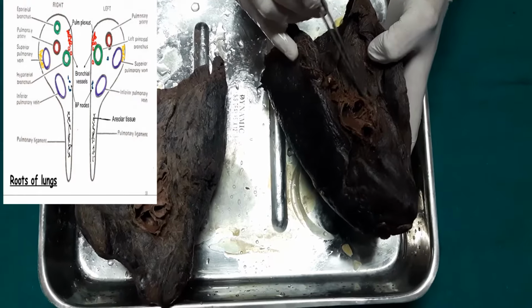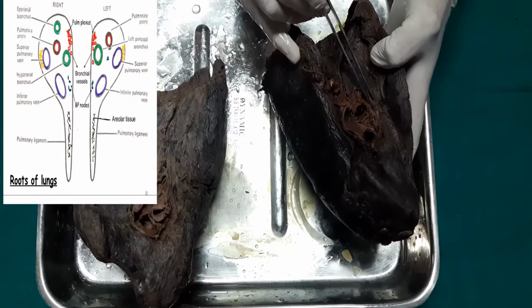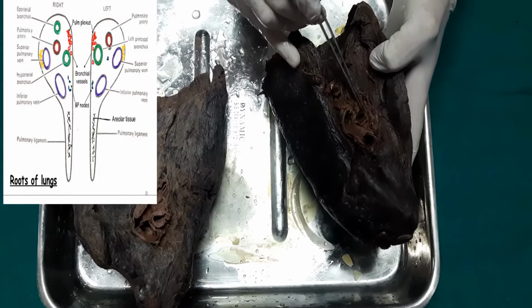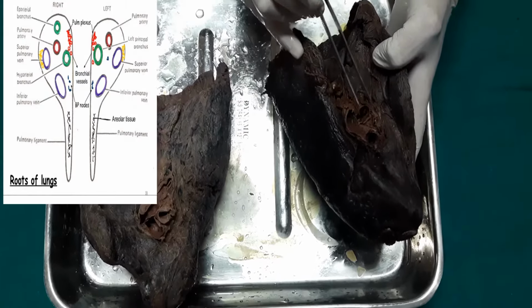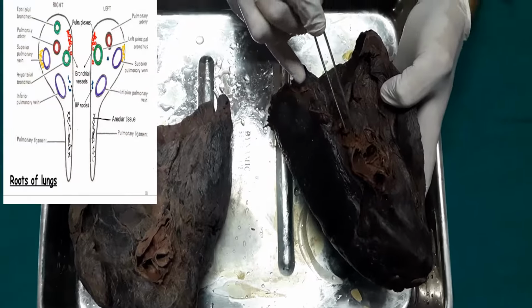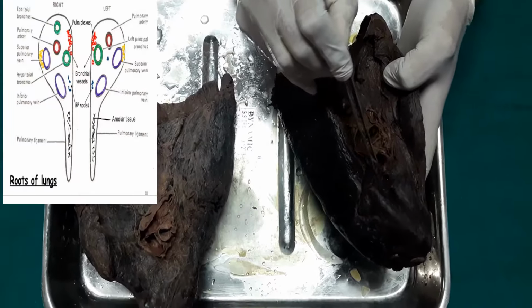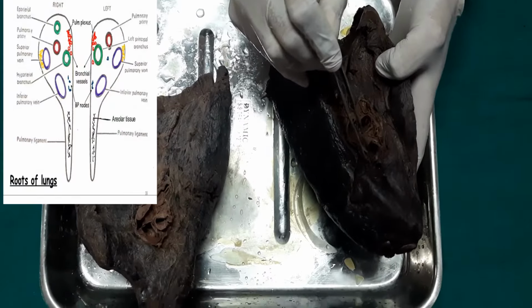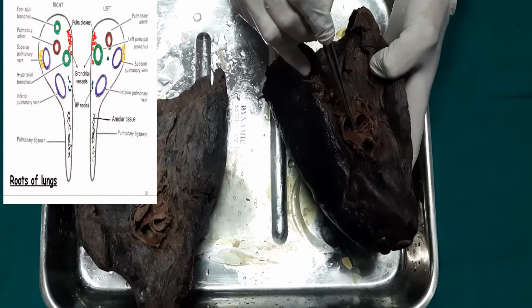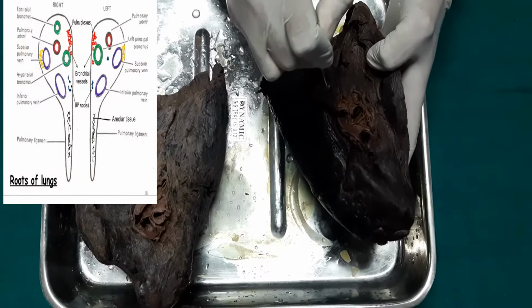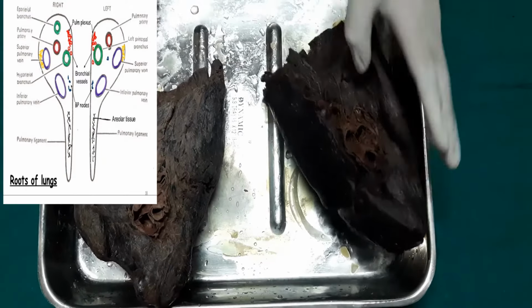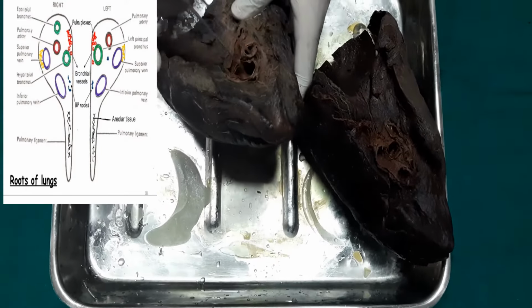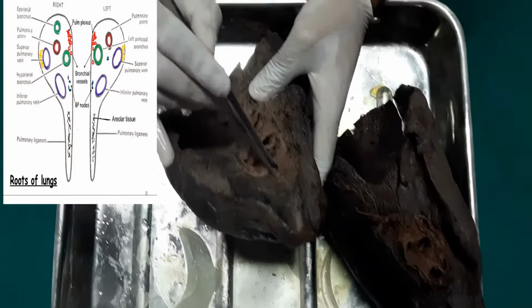So you can see the superior pulmonary vein, then you can see the pulmonary artery and the bronchus, on both sides. But when you see from superior to inferior relation in the root, the first is the eparterial bronchus, then the pulmonary artery, hyparterial bronchus and the inferior pulmonary vein. Where you can see again in the left lung,